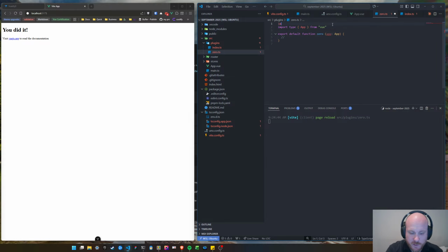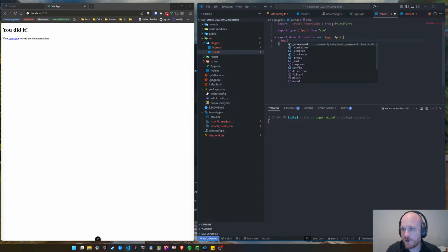So let's begin with our theme plugin. Now this is very similar to what you see in Vuetify. We're going to have a set of options that we can configure. Now, out of the box, there are no themes in the theme plugin. It's completely bare. So you have to designate what your colors are, you have to designate what your theme names are, and you have to designate the defaults to be used. So starting out,